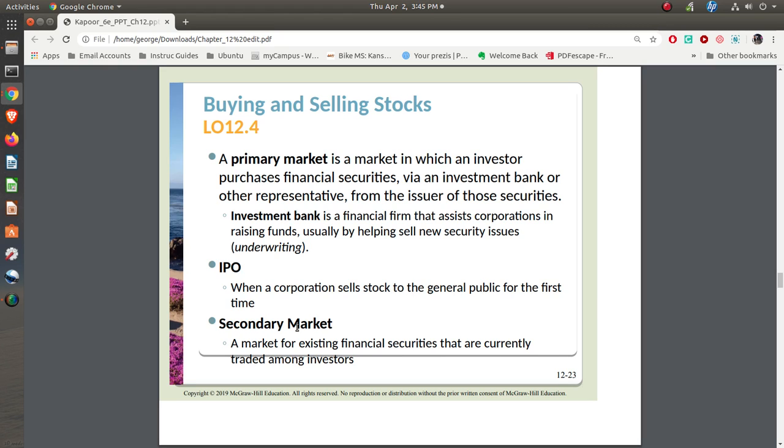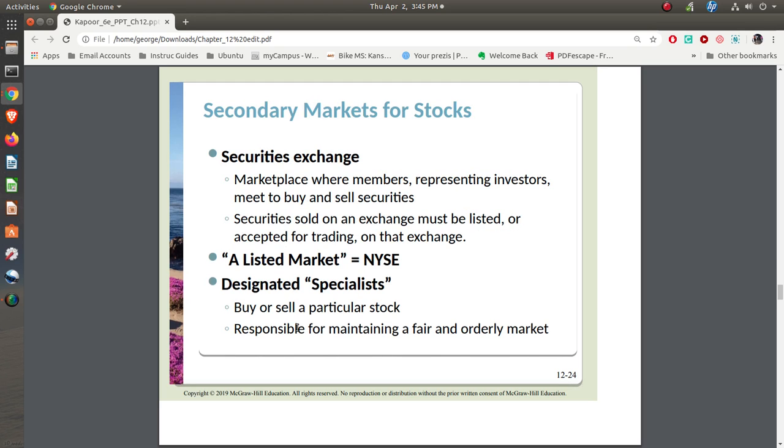The secondary market is where securities and stocks that have already been sold are traded back and forth between individuals. So for example, the New York Stock Exchange and any of the other securities exchanges like NASDAQ are secondary markets. You hear about what's happening with the New York Stock Exchange, and what's happening with the NASDAQ. That's actually looking at the various stocks and the prices and how many shares are being sold.